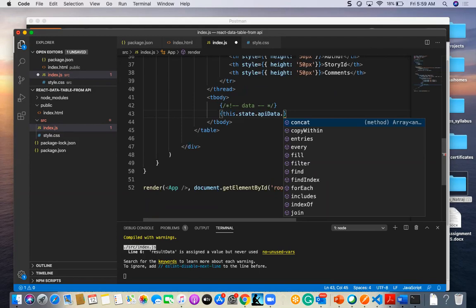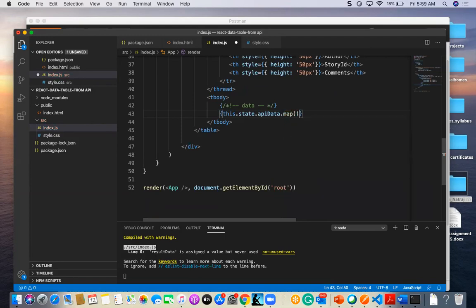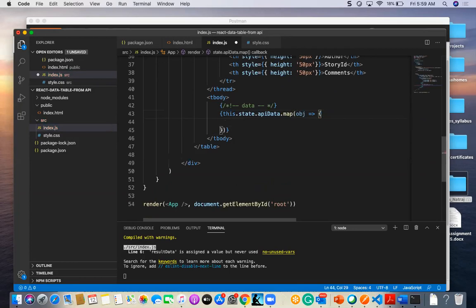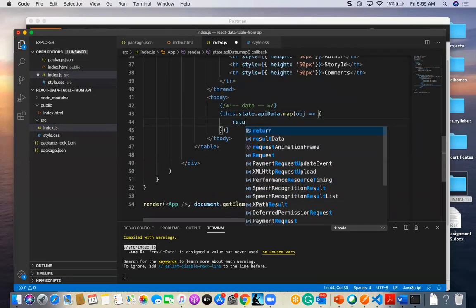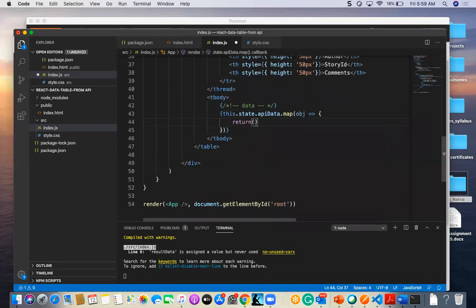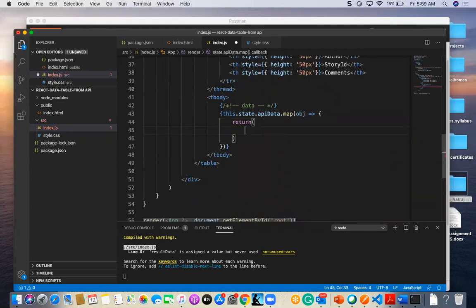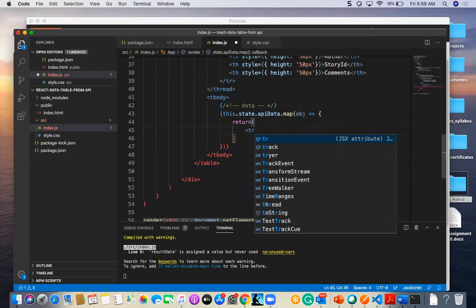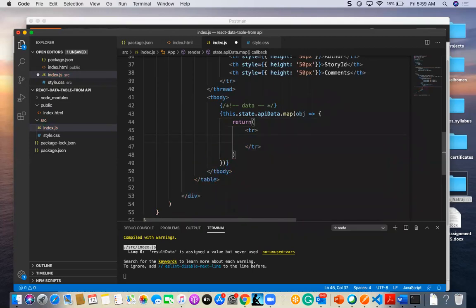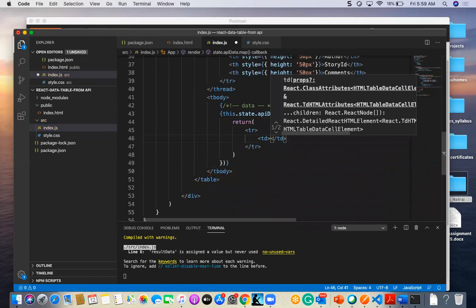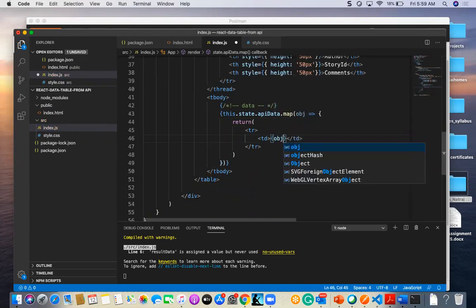So for that I am going to drill down with a map. There I am going to mention obj, and here I am giving a return again, and here I am going to mention tr and td, and here I am going to mention obj.author.